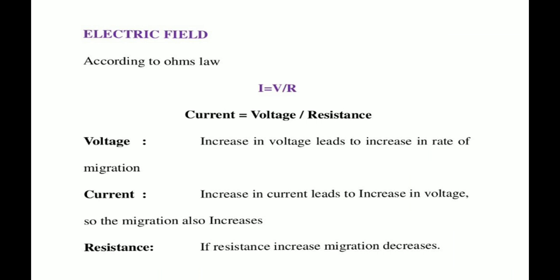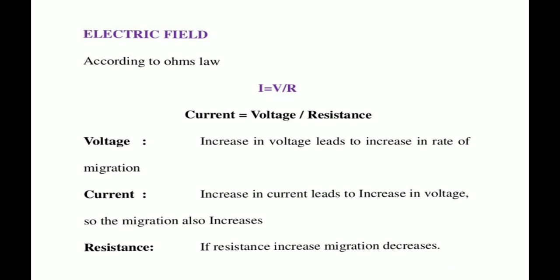Then current is mainly conducted between the electrodes by buffer ions, thus increase in voltage will increase the total number of charges moving towards the electrodes. So current मध्ये काय होतं तर increase in current leads to increase in voltage and so the migration rate also increases. बस पहिल्या प्रॉपर्टीमध्ये आपण बघितलं की जर व्होल्टेज वाढवलं तर रेट ऑफ मायग्रेशन वाढतो. In case of current, if you are increasing the current, that can also increase the voltage and eventually both increase, so migration will also increase. Now